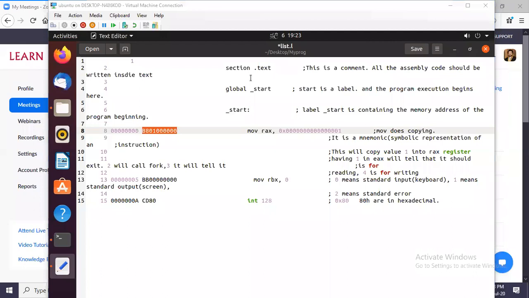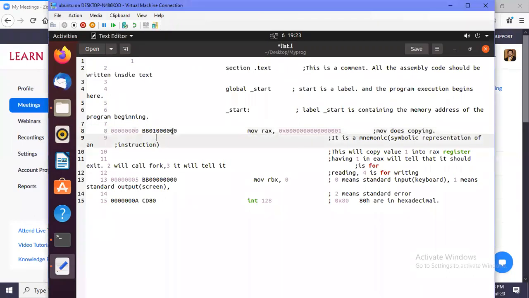A hexadecimal digit contains 4 bits. So 1 byte has 2 hexadecimal digits. This one has 10 hexadecimal digits, which means 5 bytes. So the next instruction must begin at the virtual memory address 5.